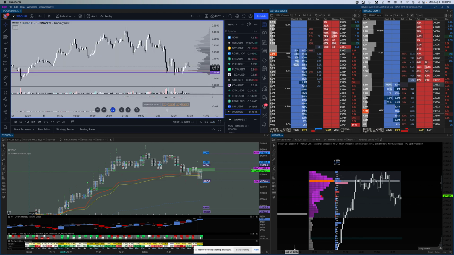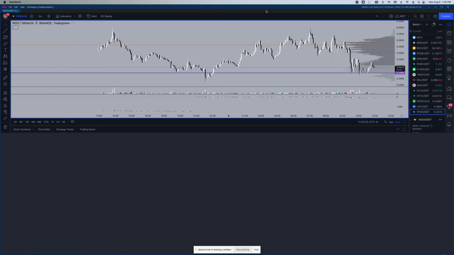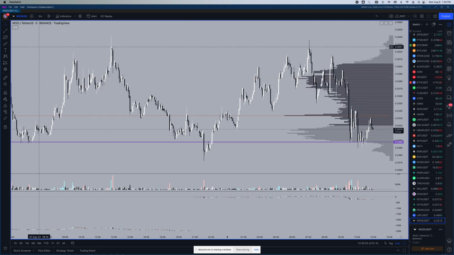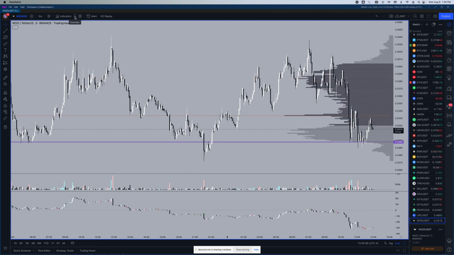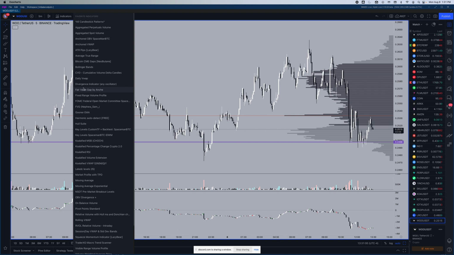Okay, so if you're using TradingView, there are two indicators. One is the cumulative volume delta candles. The other one is a bit more complicated. You have to add the basic TradingView On Balance Volume, their own personal one. And then you also have to add the divergence